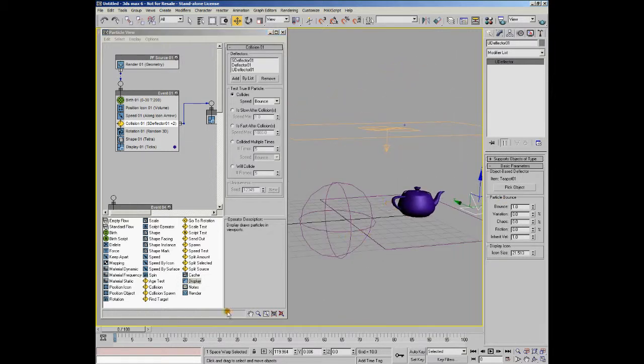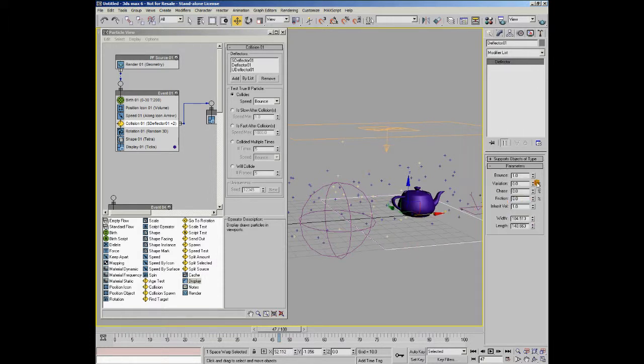So you can see that here. If we go down, you can see how particles are bounced off. If I look at the planar object, you can see that we've got a bounce value of 1. If I reduce that, you'll see that the particles move back towards the plane. And if I put it to 0, you'll see that they stay